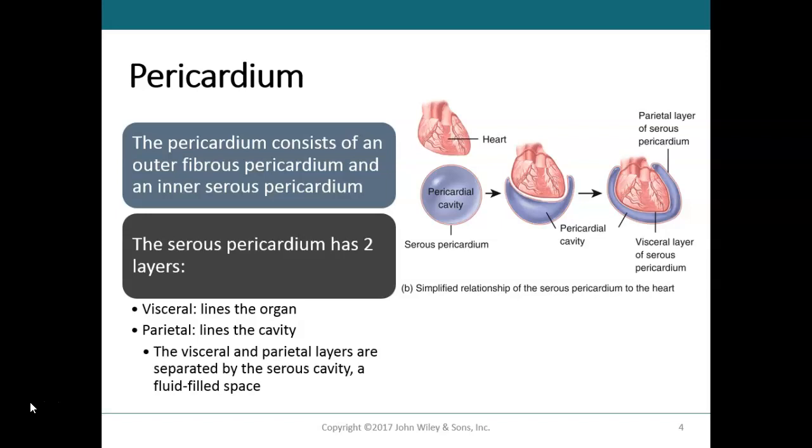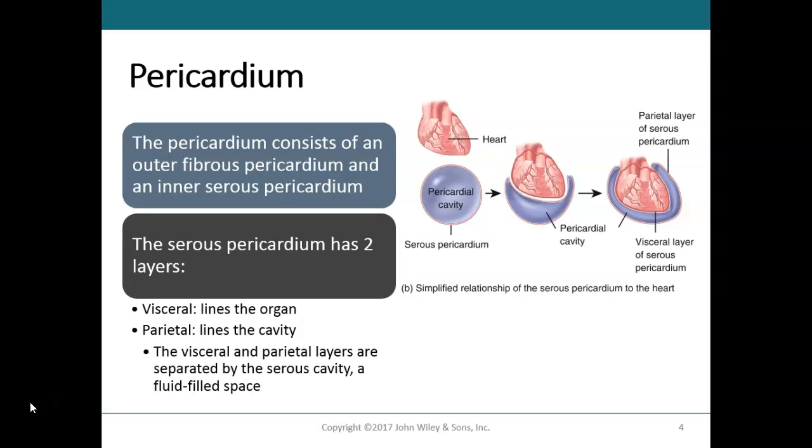Deep to the fibrous pericardium, we have the serous pericardium, and it's much thinner and much more delicate, and it forms a double layer around the heart. So the outer layer of the serous pericardium is called the parietal pericardium, and it's fused to that fibrous pericardium. The inner layer of the serous pericardium is also called the epicardium, and it lies right on the surface of the heart and hugs very closely to it, very much like if you have